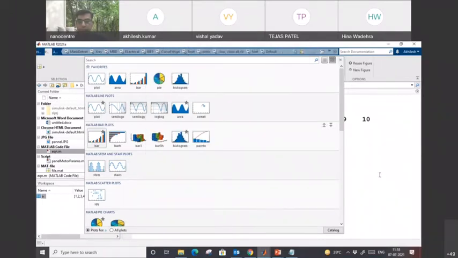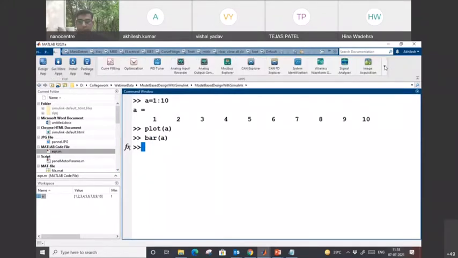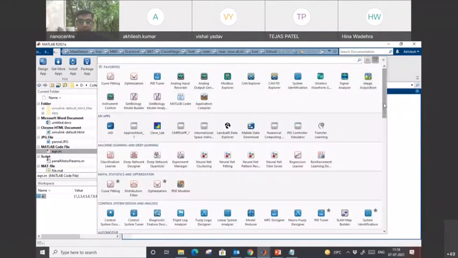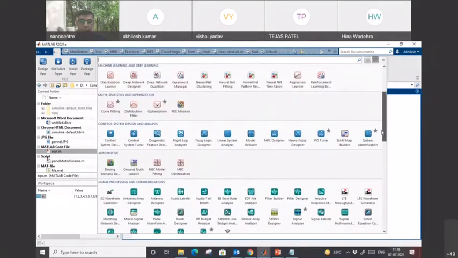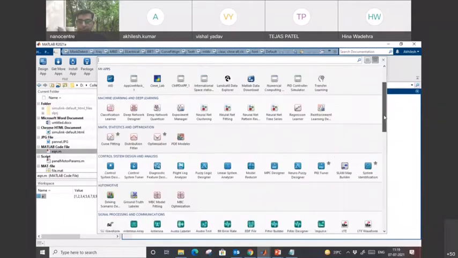Okay, just wait a minute. There are some applications available here. If you don't want to write code, you can use these apps. If you have to design a complete control system, you can use this. If you have to tune the control system, you can use the Control System Tuner. There is a PID Tuner, right?